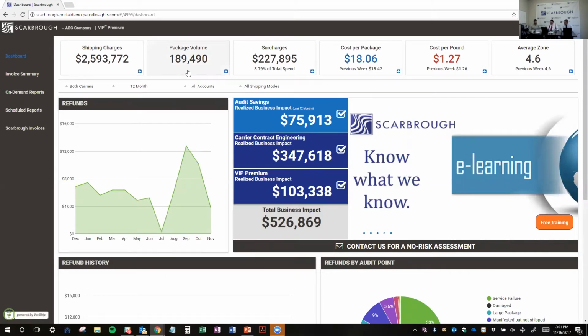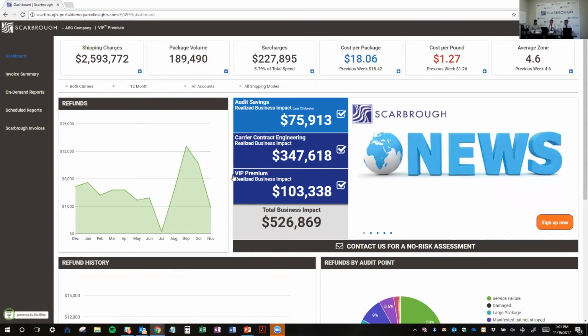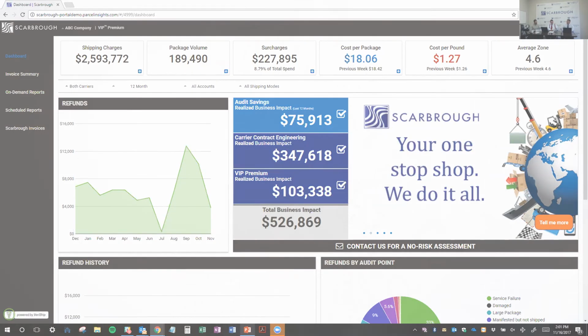Now, customers that start on the audit product here, actually in the intelligence platform, after usually 2 to 4 weeks, we will do the benchmarking analysis for free as a part of that audit. And a number will populate here where it says carrier contract engineering. That will be the opportunity that our algorithms have calculated. And Jeremy's going to talk a little bit more about that. I will, absolutely. And before we click off of this, I just wanted to